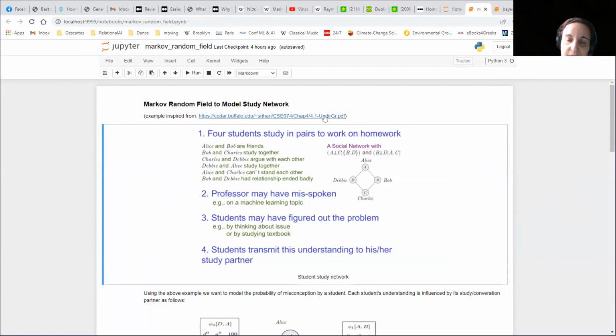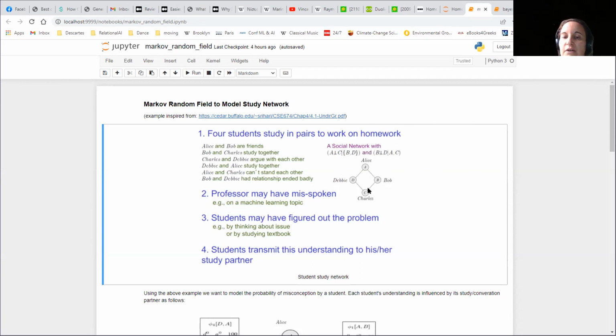So here we define a Markov random field of 4 variables, and there are 4 students: Alice, Debbie, Bob, and Charles, and we want to describe the probability distribution of whether the student has misunderstood something the teacher says or not. Okay, and using the connections, the relationships between the students, whether they're friends or not,